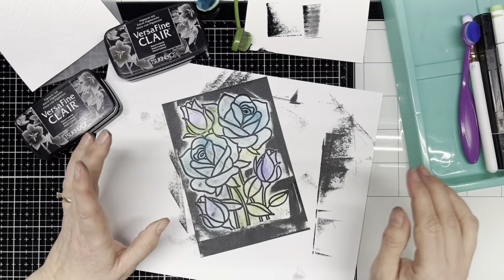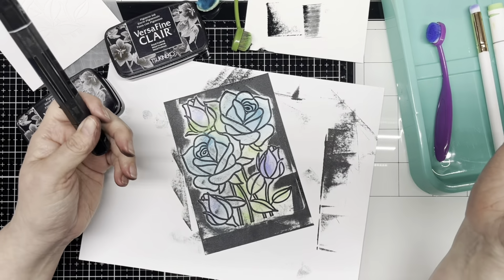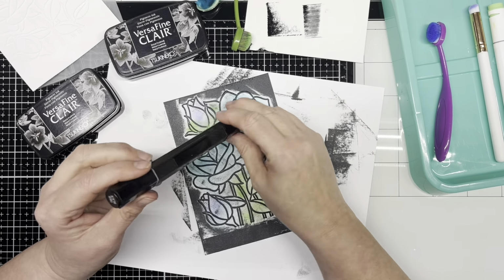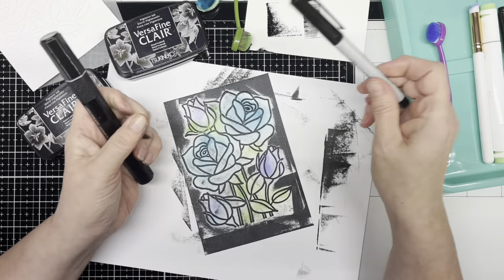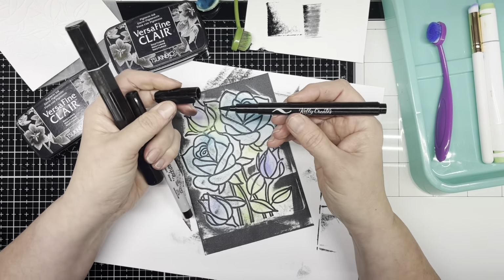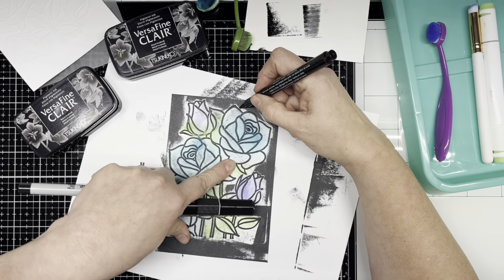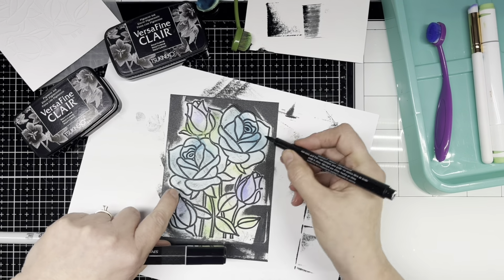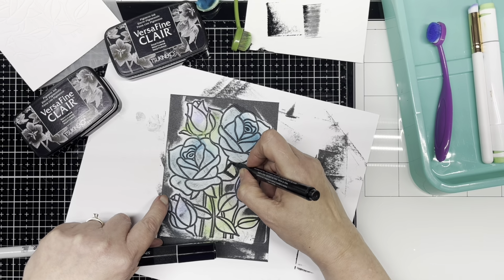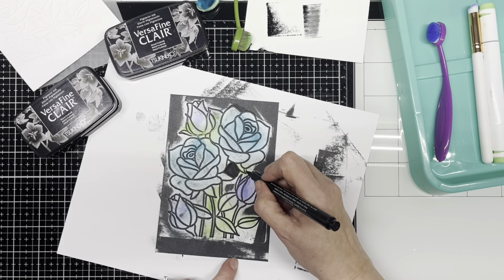However, I have found with this particular design, it's so intricate, you can either use a black alcohol ink marker, my Spectrum Noir in True Black. You can use a plain old Sharpie. I have a very fine point. And I have Kelly Creates. This is a large brush nib. And just color in the black that you missed. You can go inside the design and color in. And when it dries, it is the exact same color